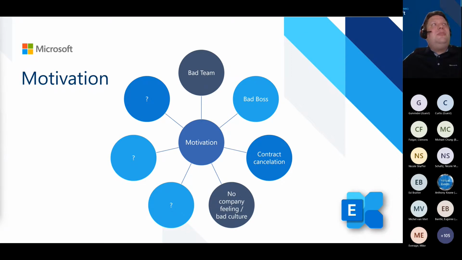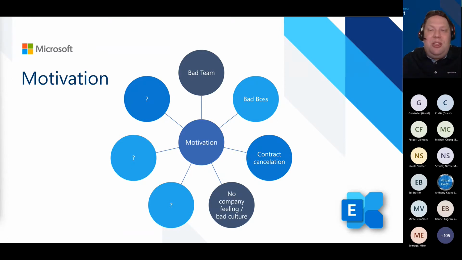So I asked around 1,000 people in the last 3 years, also talking with compliance teams, and they said these are the top 4 motivations for insider risk when sending information to another company. Often there's also money, but money is not among the first 4. Money is something you can type here with a question mark. Sometimes it's "I have a bad feeling today," so often that's a misuse.